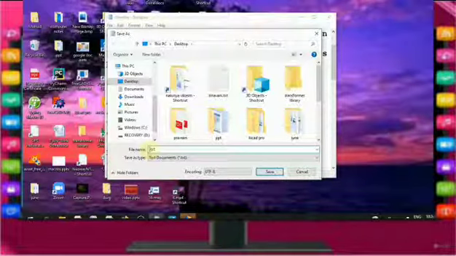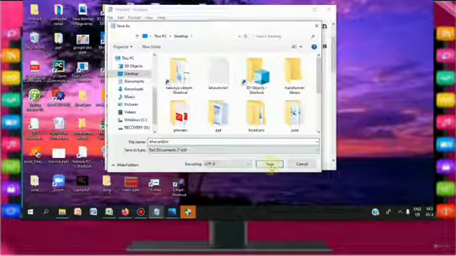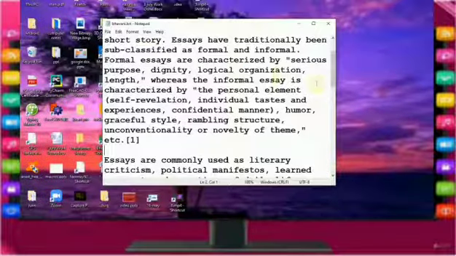So here I am giving Bhavani as the name. Now I am clicking Save. So this file is saved as bhavani.txt. In this way we have to save a Notepad file.